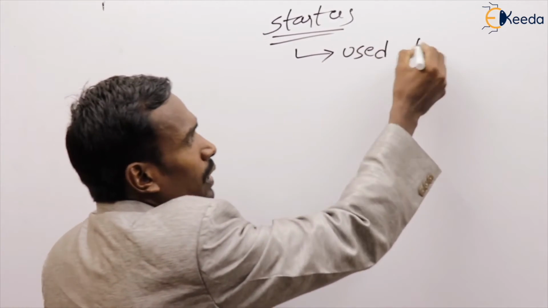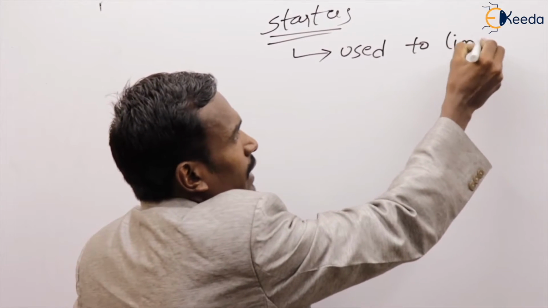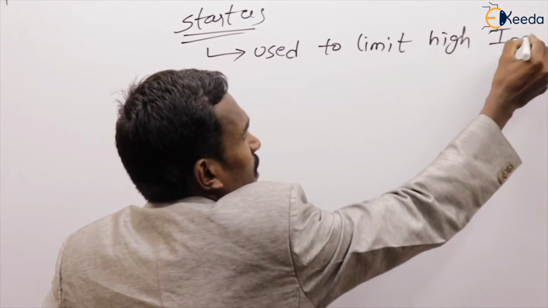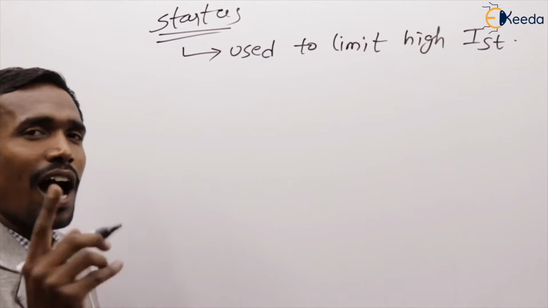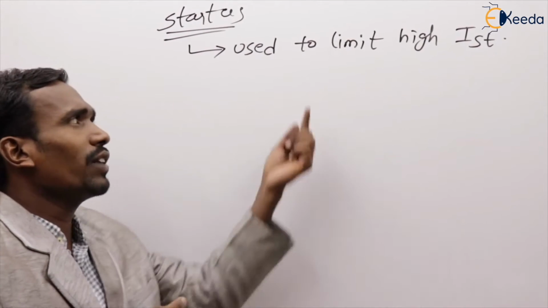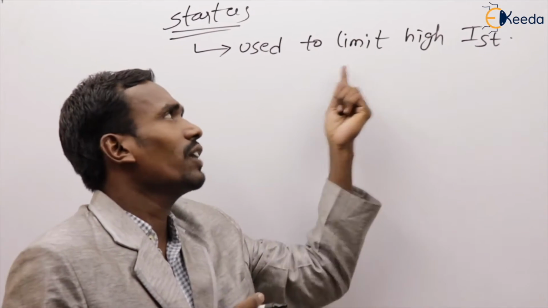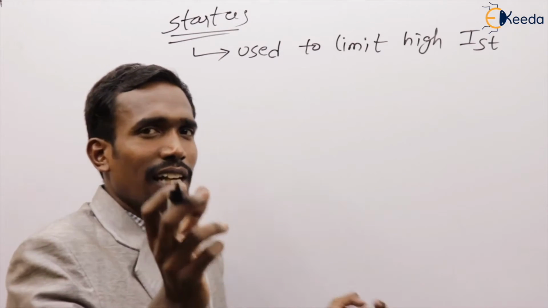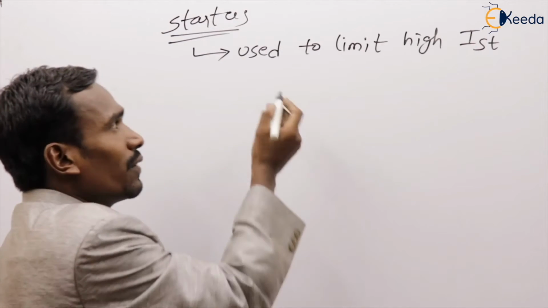Starters are used to limit high starting currents. So why do we have to limit the starting current? Generally, in our induction machine,